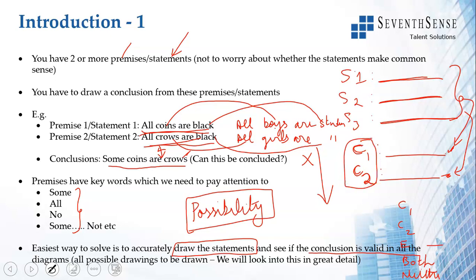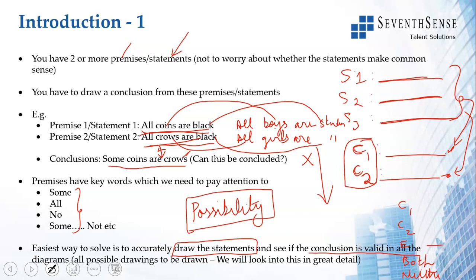We will see how it is possible in questions 1 to 5 in this video. So remember, again, syllogism: you will have some statements, 2, 3, 4 statements. You will have some conclusions, 1, 2, 3 conclusions. You have to see which of these statements lead to which conclusion, and you have to select the appropriate option.